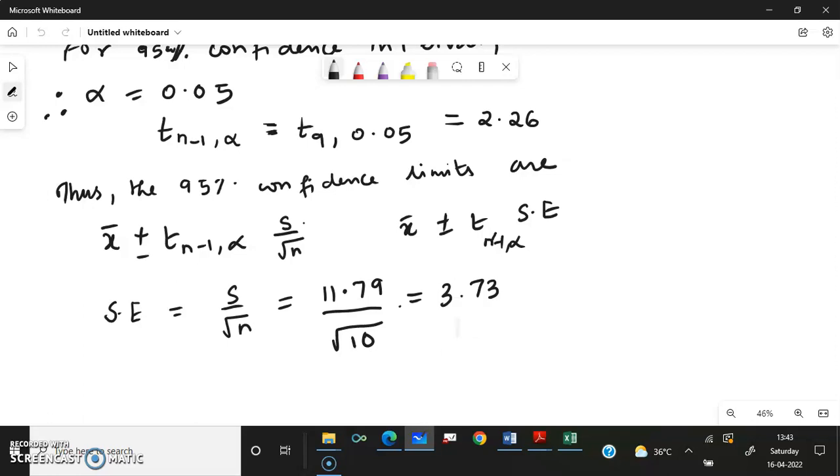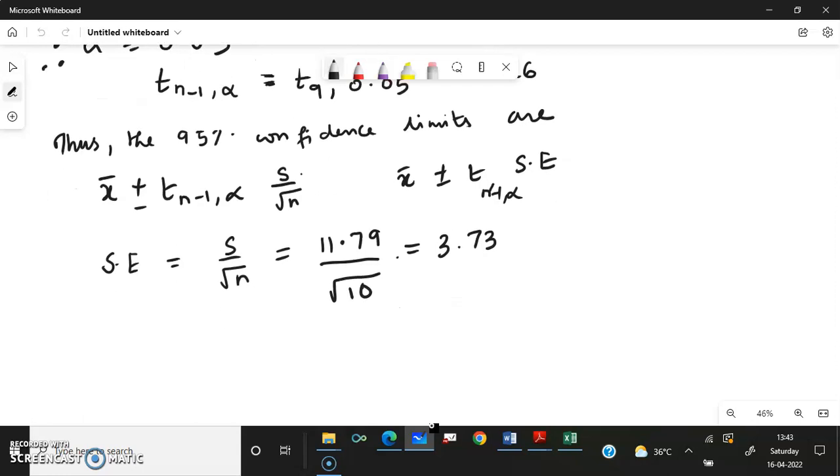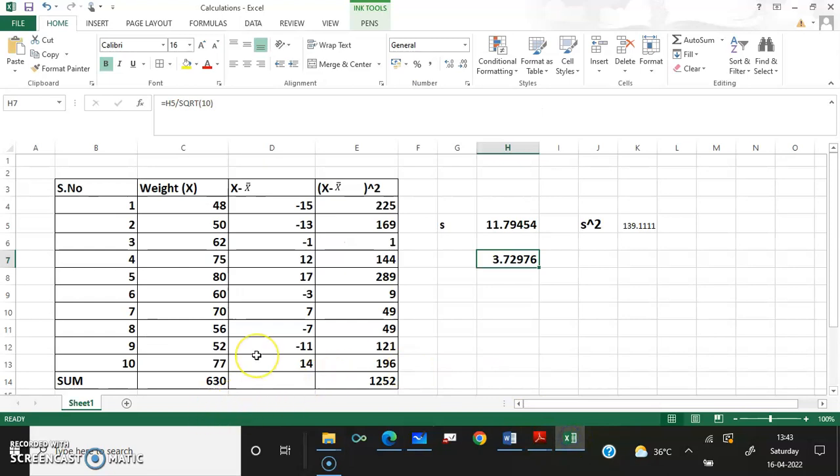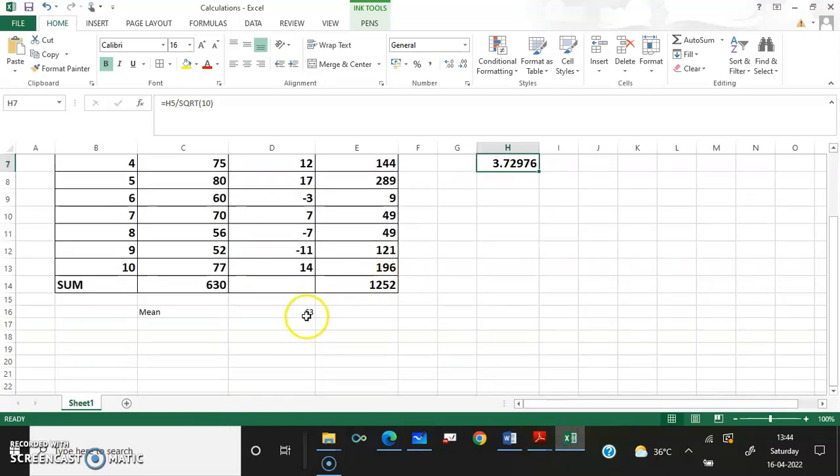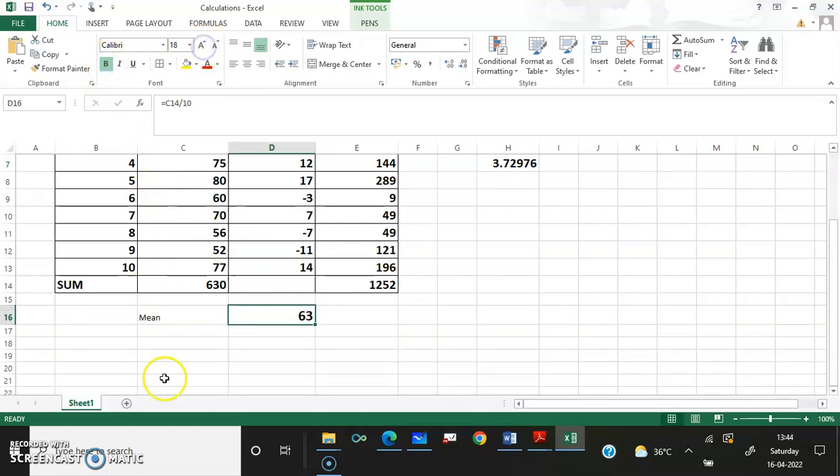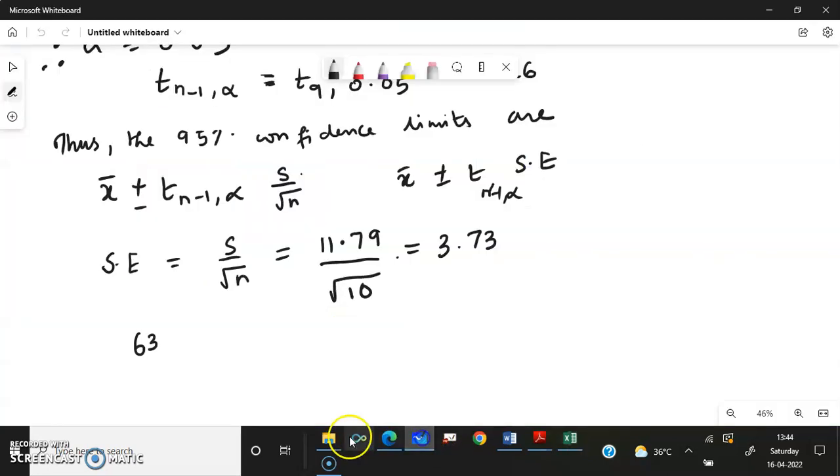Now we have to substitute in the formula. What is the formula? X bar. We are finding the 95% confidence limit. X bar is 63, we calculated it, you remember? The mean is 63, so that is what we are writing. Mean 63 plus or minus